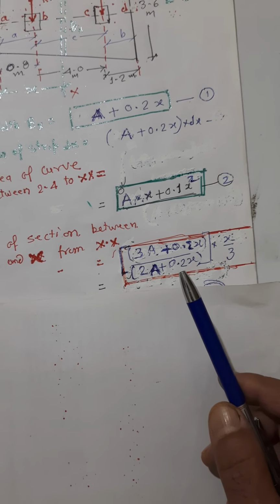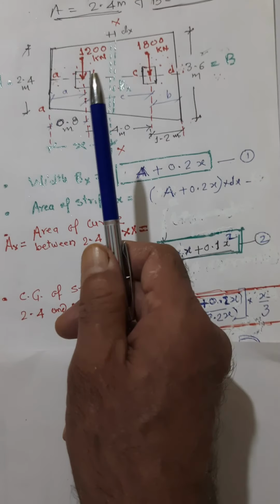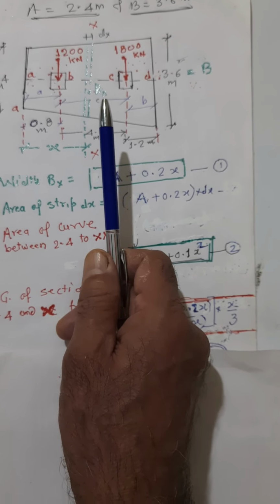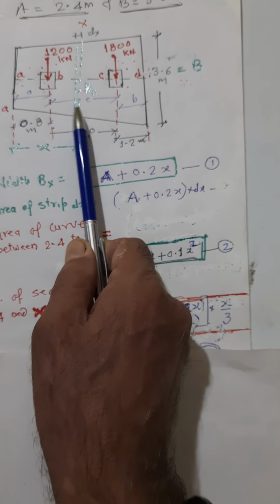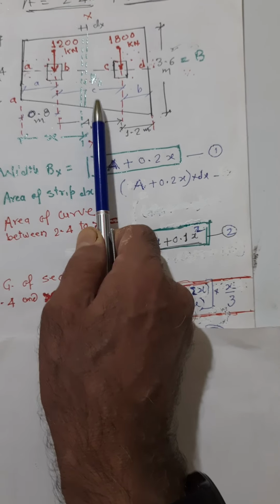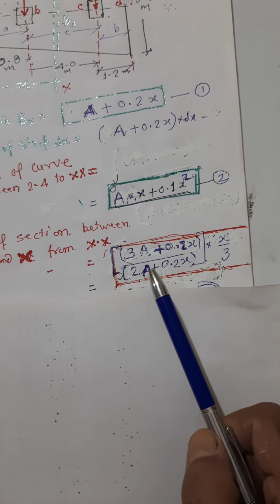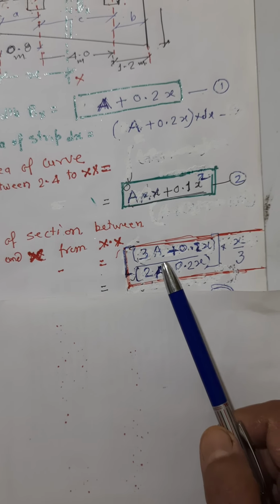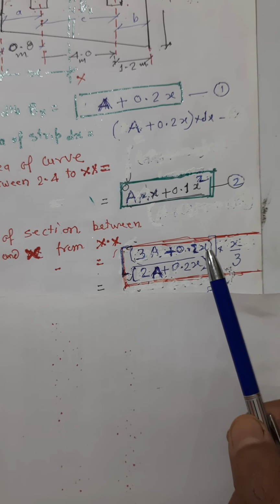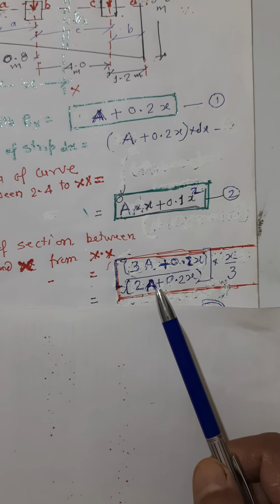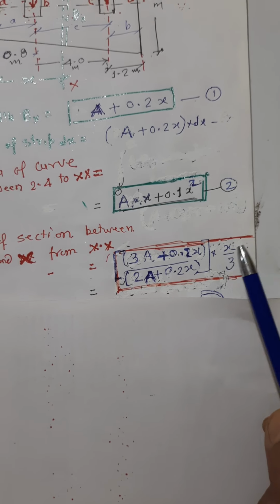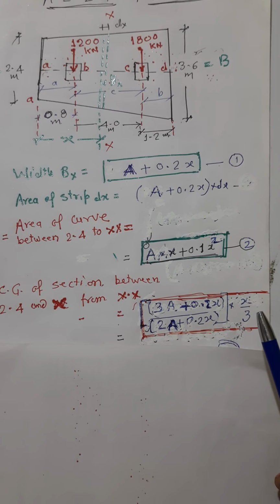This is the most important because we have to find out the CG at all times at every section where we are taking the moment. So if this is the value of x, then CG from here can be calculated directly by using this mathematical expression as (3a plus 0.2x) upon (2a plus 0.2x) into x by 3. Substitute the value of x